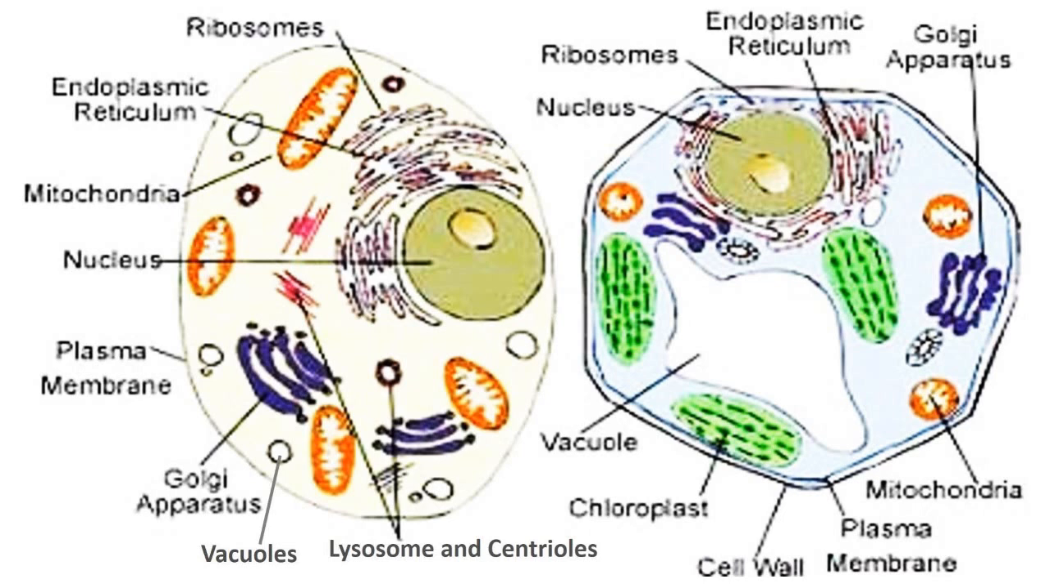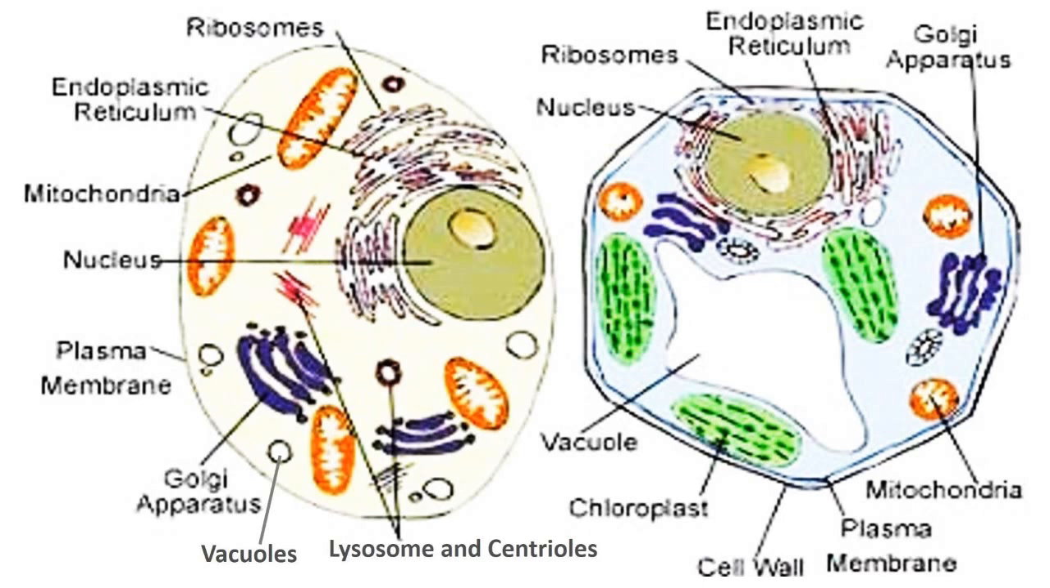Ribosomes, endoplasmic reticulum, mitochondria, nucleus, plasma or cell membrane, lysosome and centrioles, Golgi apparatus, and vacuoles. While plant cell structure: